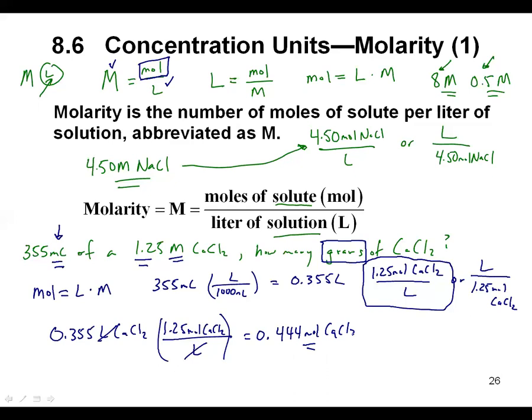If you did all that math and got the molar mass for calcium chloride, you would end up with something like 111 grams per mole of calcium chloride. And if we multiply that by our 0.444, we end up with 49.3 grams